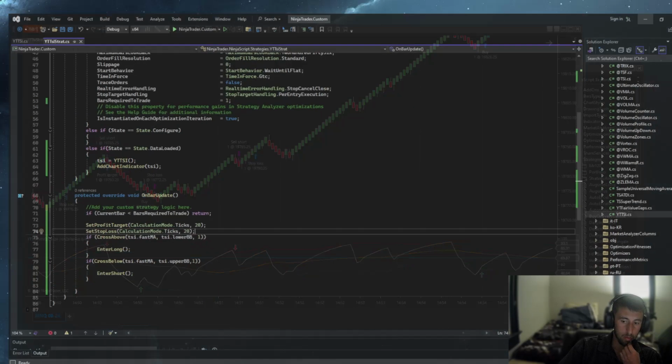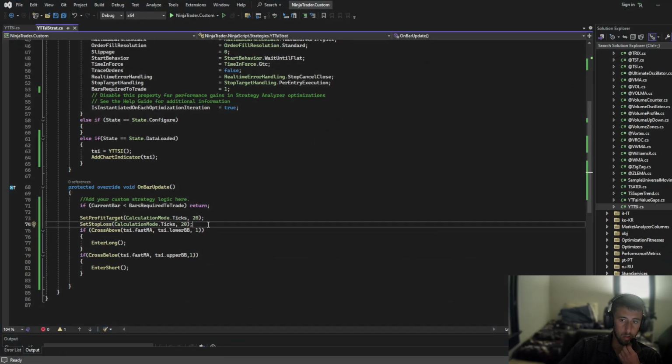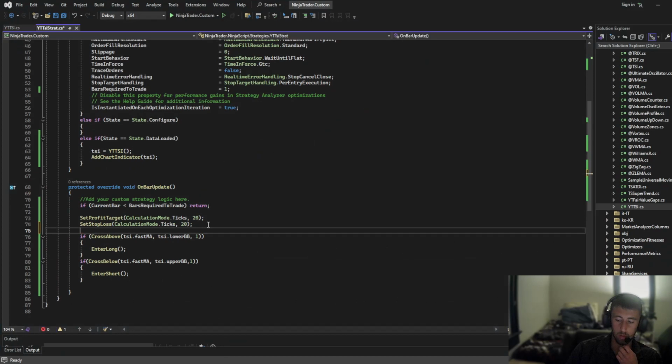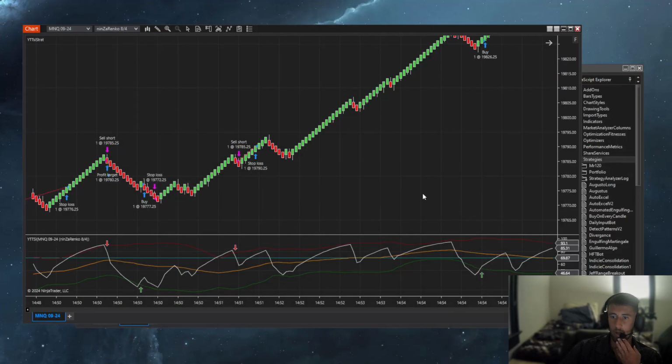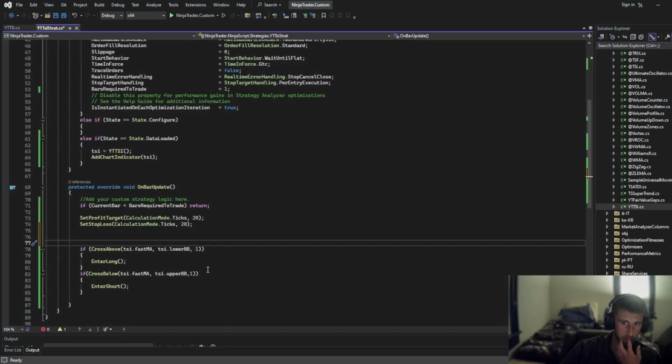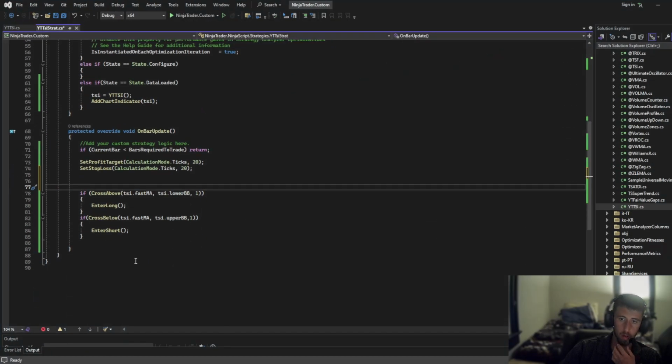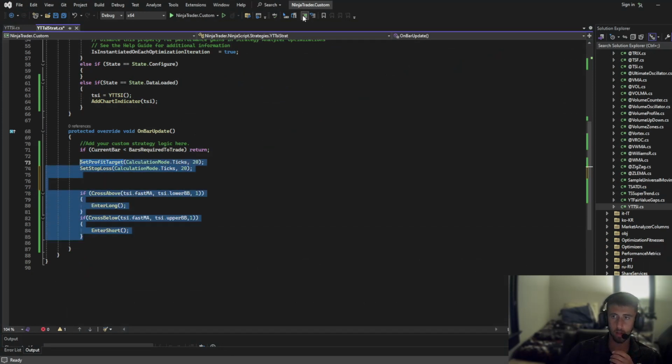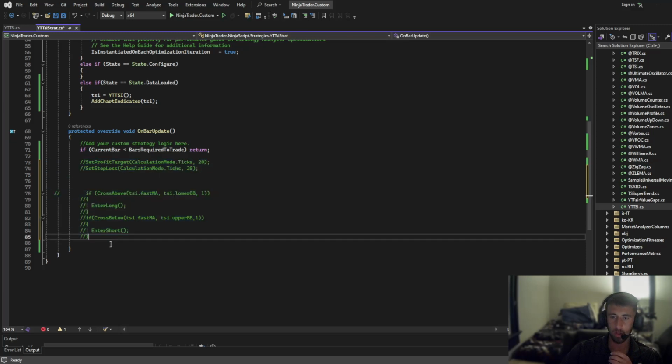What we can do, there's two things we could do. That is, one, just check if the fast MA is outside of the bands and we get a green candle, then buy. Yeah, kind of like that, because then we're using the actual candles more. So our strategy is working, but we're not actually going to use any of that. We're going to do